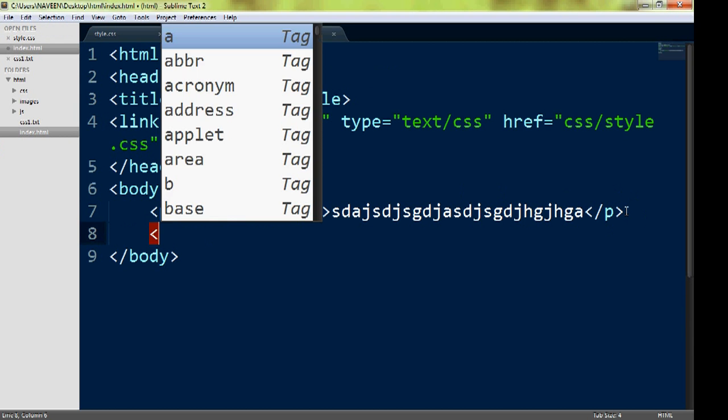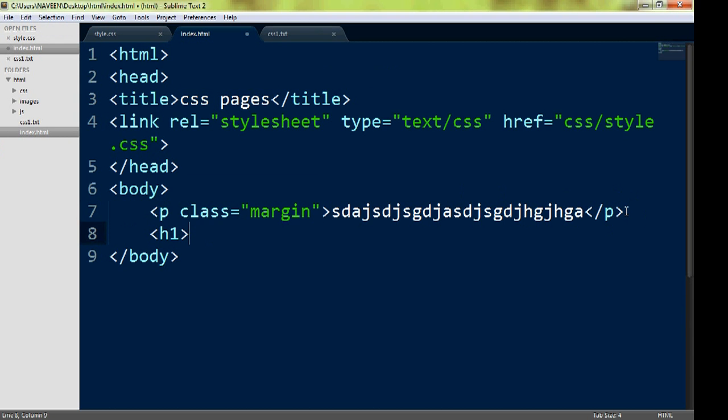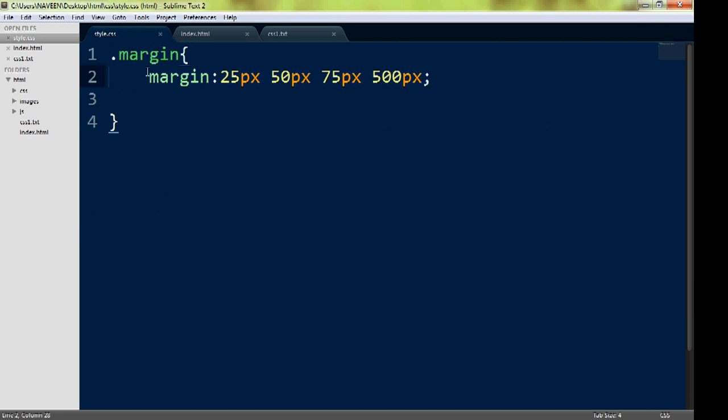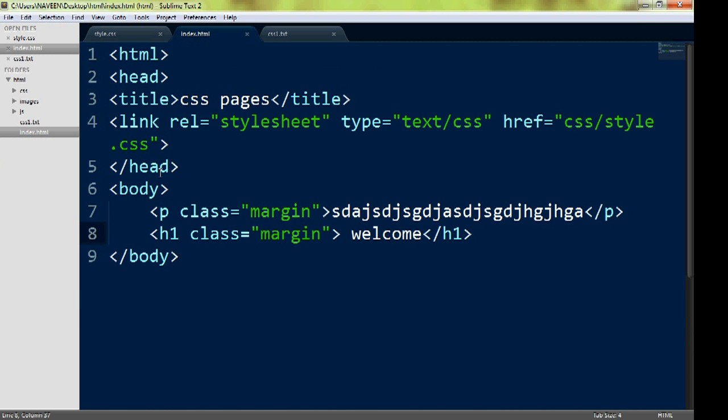Okay, I'm writing the h1 tag. In that one also I'm making class equals to margin. Same, welcome, and closing the h1 tag. I saved the program and I'm going to refresh the page. See, it came. Why I'm taking margin as class means I'm writing one class and